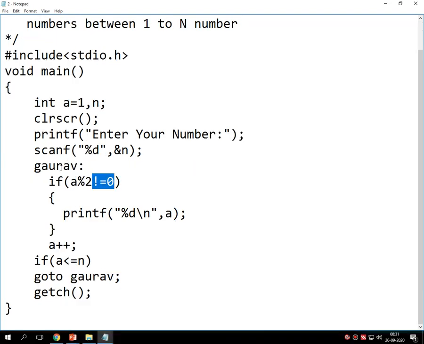I am just keeping this screen for 1 to 2 minutes onto the screen. You just note down this program. This program will print n to 1 numbers. This program will print only odd n to 1 numbers onto the screen.